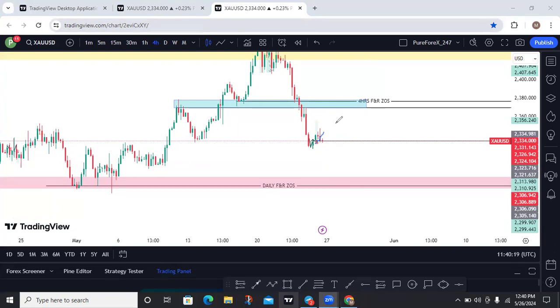Even if you lose, you know that, okay, it is a wise loss, right? Because most times our criteria will be met, everything will be met, and we'll still lose the trade. Which is why losing is inevitable in trading. We cannot avoid losses, right? But we can manage our losses and increase our wins. So we are going to wait for price to come back to this point.